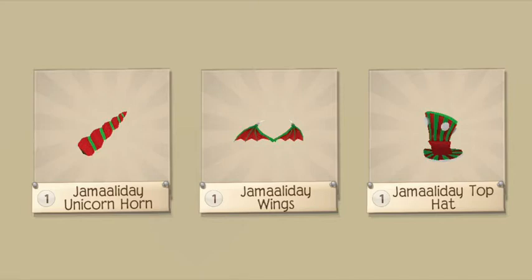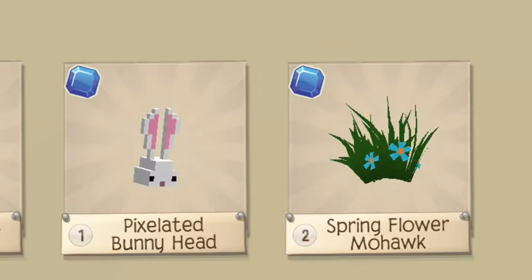The Jamaaliday wings and unicorn horn are already known to be rare. The top hat's kind of underrated, but it still hasn't come back since 2015. That's almost 6 years now. Why not just give it a rare tag already? So these old